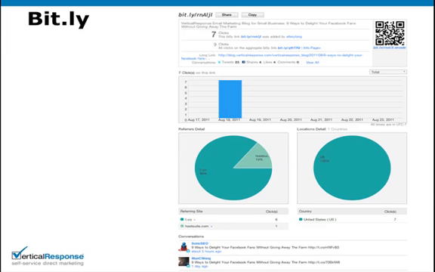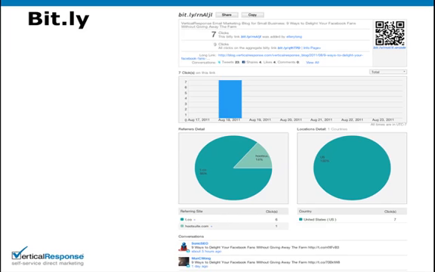So if you're using TweetDeck to send out your tweets, and you're using the Bitly link shortener, which is built into TweetDeck, you can just go on to Bitly on the web and check all of the stats for any Bitly links that you put out. They will show you where that traffic's coming from, who else was sharing the same links, how many clicks those links had. And kind of cool, if you're using QR codes, they'll actually generate a QR code for that specific link.